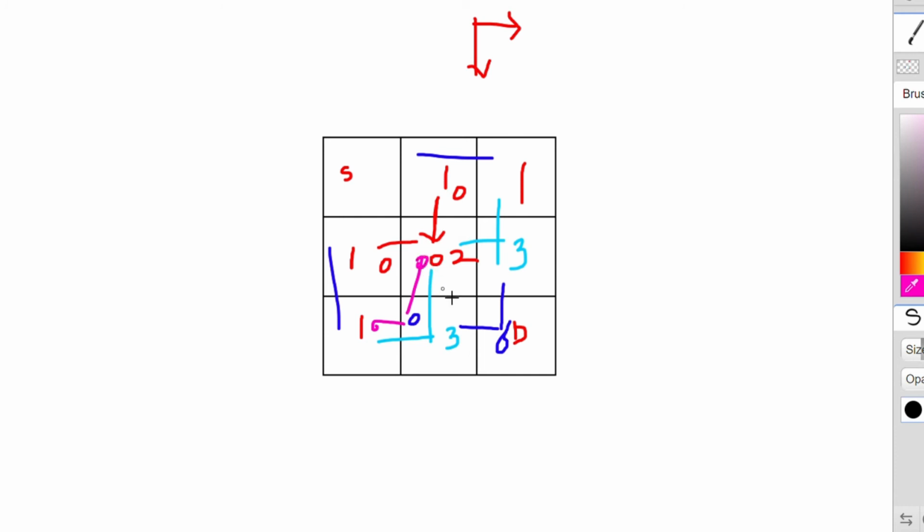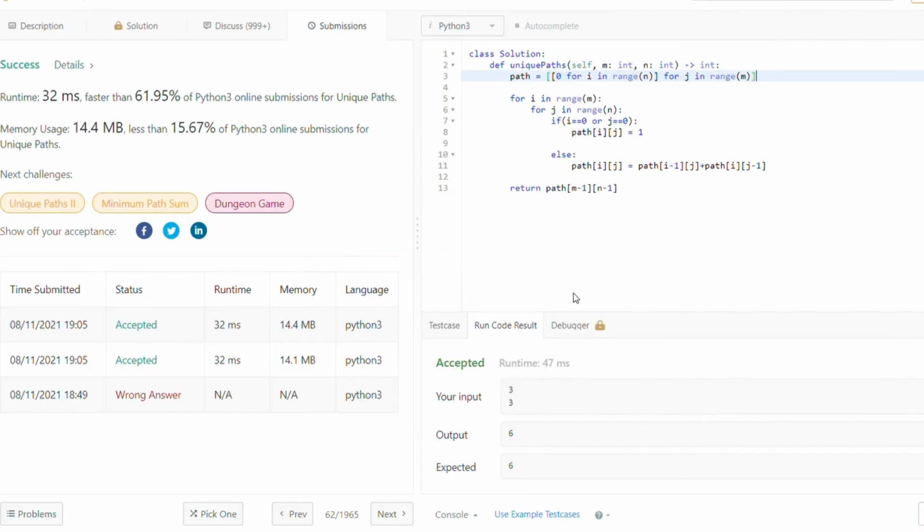If you access it row by row, then at no particular point of time do you want to access a point that is two rows above it, right? So you can optimize the space a bit just by using a single array.